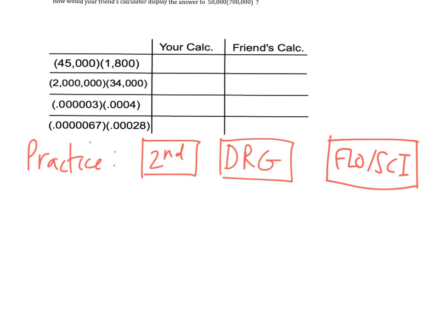Okay, I'm gonna share a pretty rad trick with you right here. Secret's out here, folks. Ready for this? You can do scientific notation on your calculator. That's right, your handy dandy TI-30 calculator that you have had this school year and probably for the last few school years. You can use that to help you get numbers in scientific notation. For example, the first problem right there. If you type in 45,000 times 1,800,